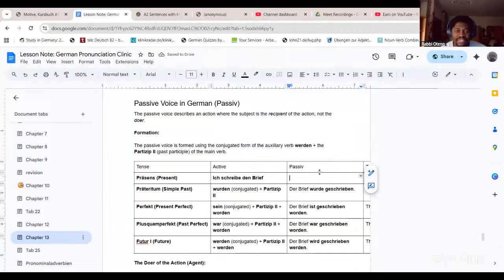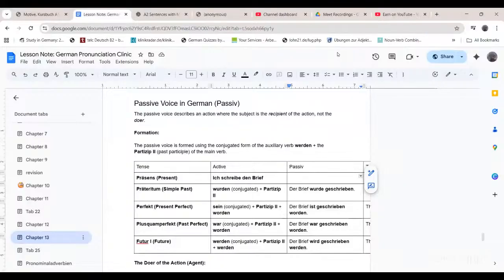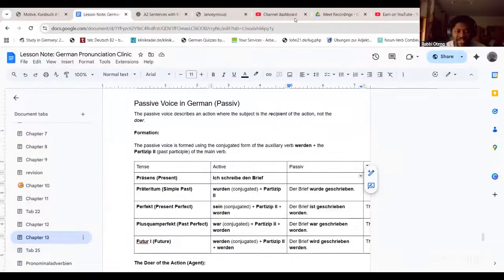And always the direct object becomes the main subject. Because when you say the letter is written, you can't say the letter is written, but the letter is being written. It's been written, sorry. So ich schreibe den Brief, or in passive,